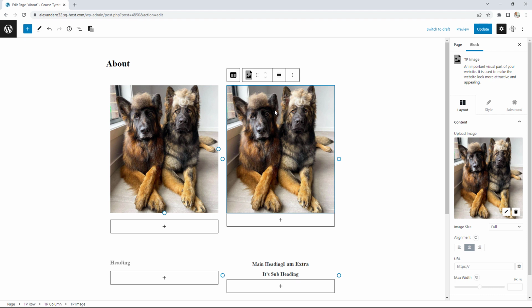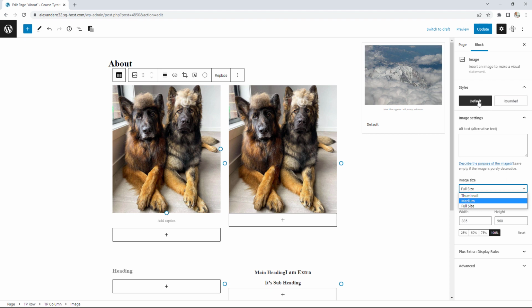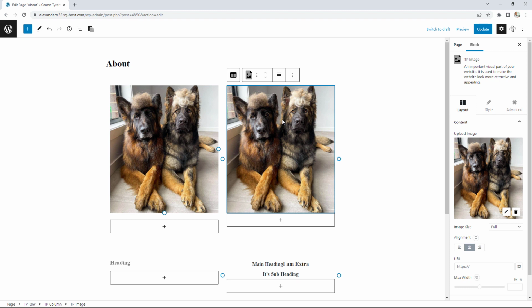Now I wanted to show you just how much superior the blocks provided by the Plus add-ons are to the ones provided by Gutenberg. With Gutenberg, your traditional image block, there isn't that much you can do. You could add links up in here. You could also do some duotone filters and things like that. You could change the size, width, height, things like that. And then you could also choose a style. Maybe you want to go with rounded or the default style. That's pretty much it. But the image block provided by Plus, which is called the TP image block,